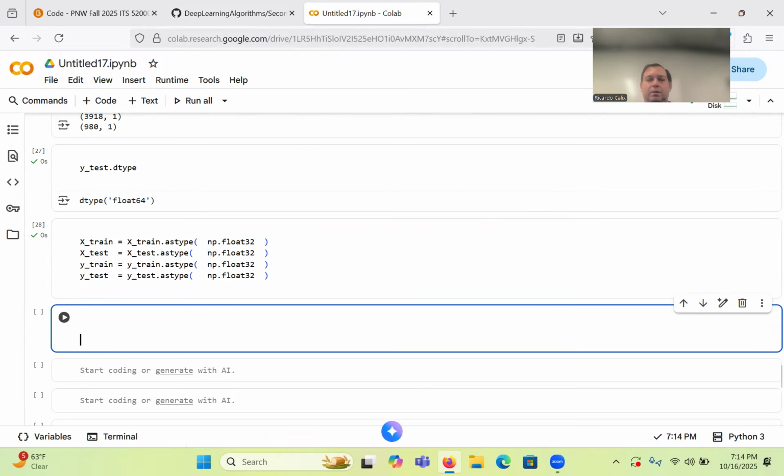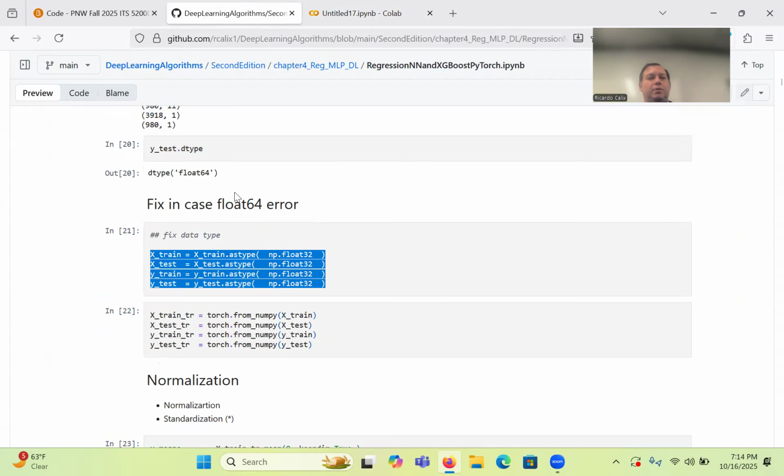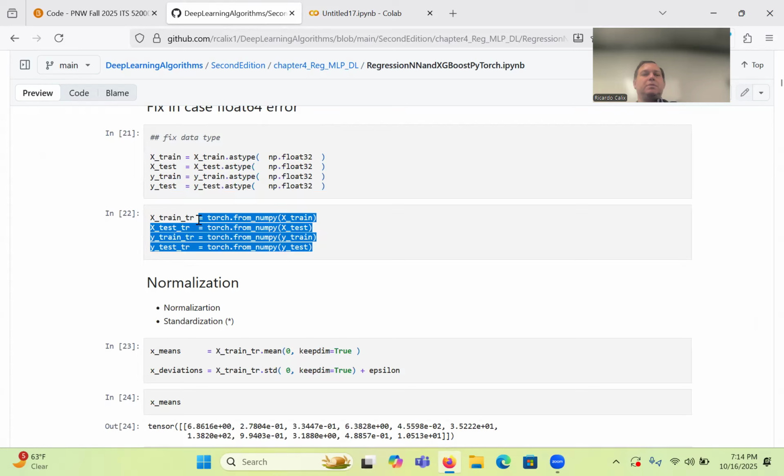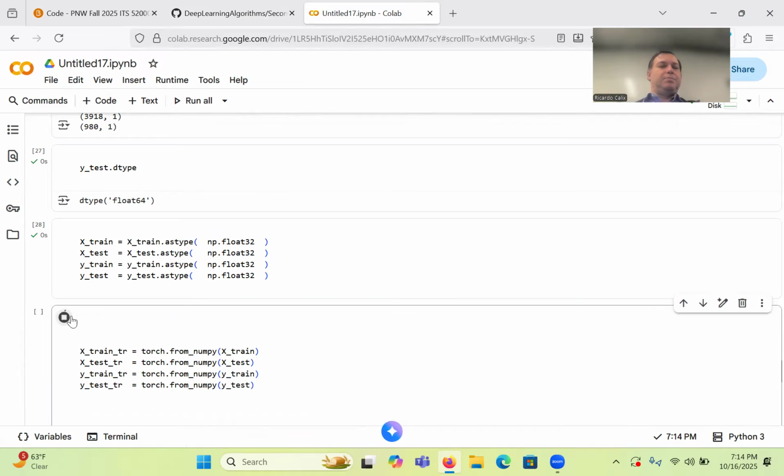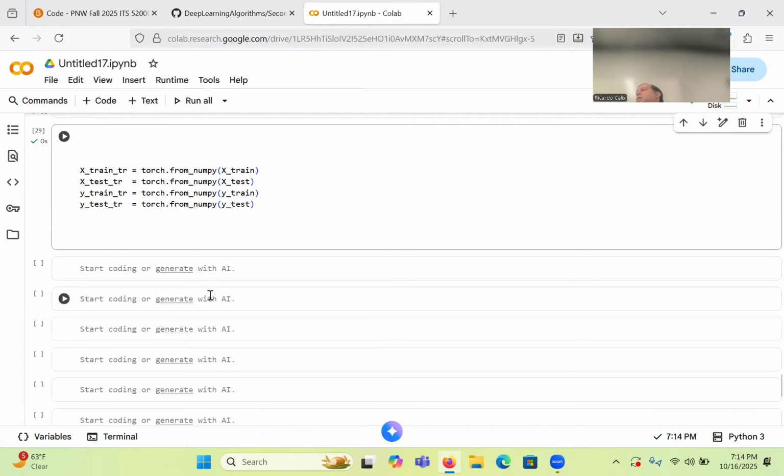Okay. Well, they're now all float 32. And then I'm going to convert them from NumPy to Torch tensors. So now we're done with that processing. We've created our data set, train and test, X and Y, and we're ready now. I did everything pretty much in NumPy, and now they've been converted to Torch tensors, and we are ready to start